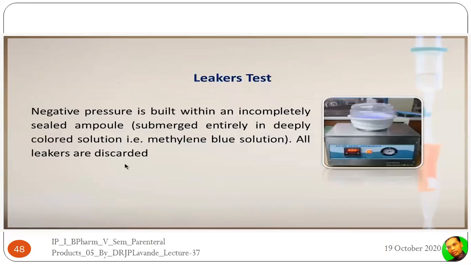The last test is the leakage test. Negative pressure is built within an incompletely sealed ampule. The ampules are submerged entirely and deeply into a colored solution, usually 1%